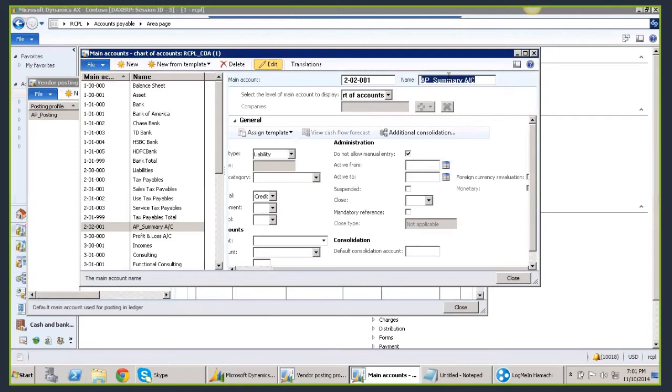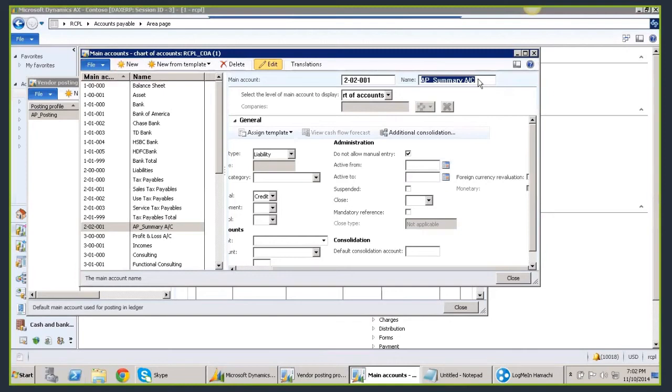If you check this, you cannot post any transactions manually against this ledger account. You will never be able to enter any transactions manually as an end user. Only the system is going to update the ledger account with its balance.